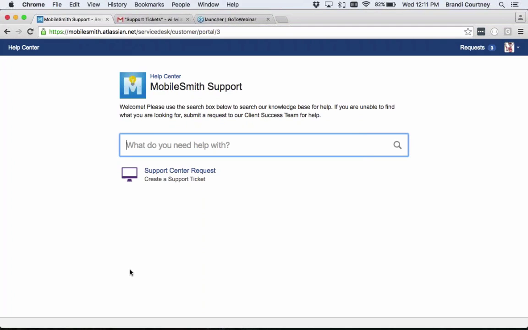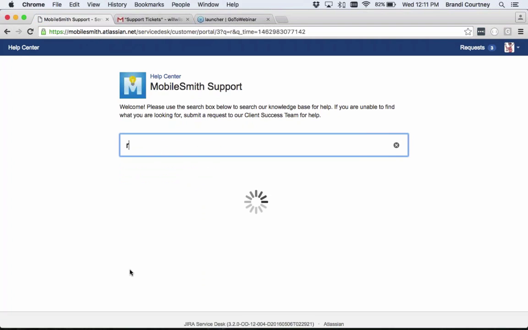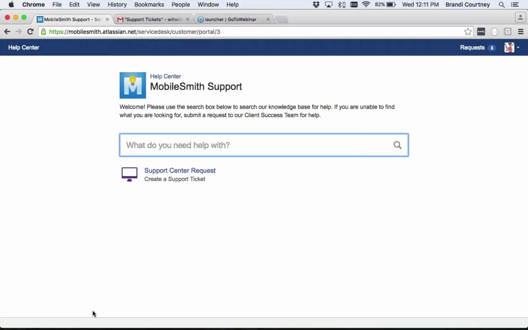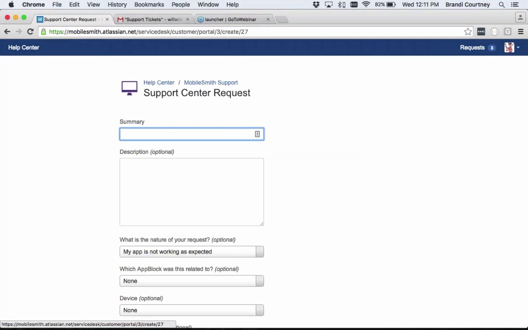The first thing you'll see is this search bar. With this search bar, you can type in, for example, REST, and it'll crawl our knowledge base and bring up any articles that have the term REST within it. So it's basically giving you another opportunity to search our knowledge base. But if you were unable to get your questions answered or your issue resolved in the knowledge base, you can go ahead and click on Support Center Request and create a ticket